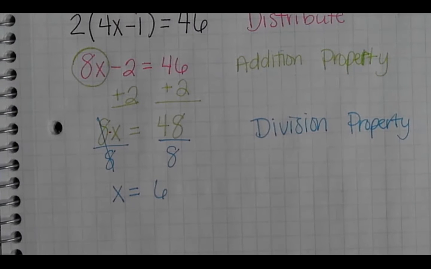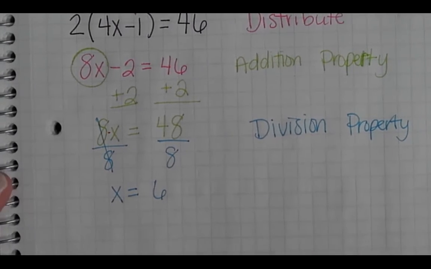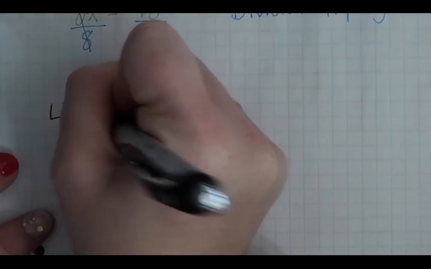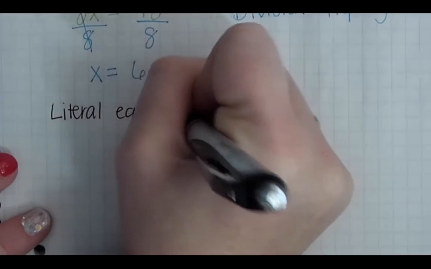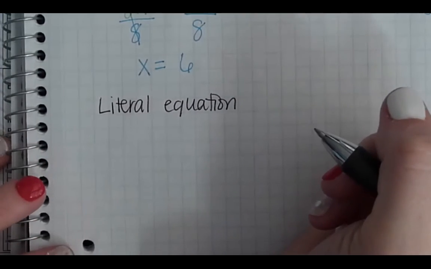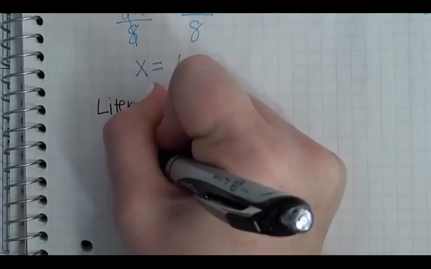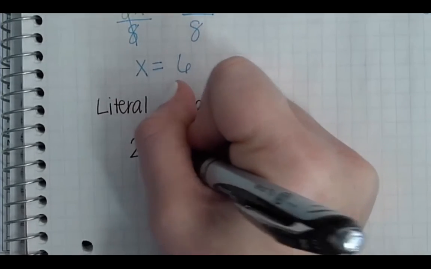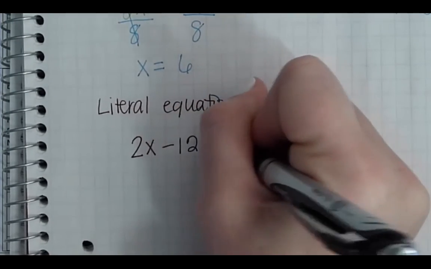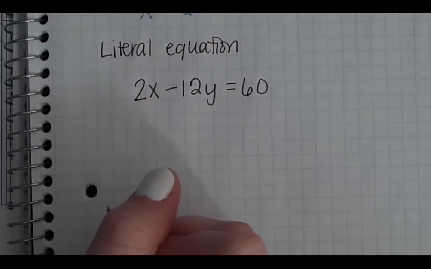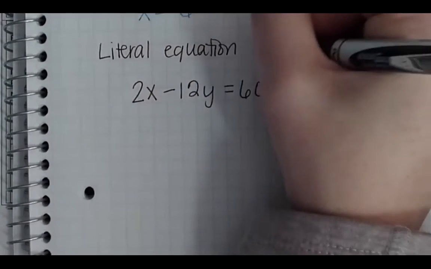Okay. The next one that I want to do that you guys did while I was gone, that I definitely want to make sure that we understand how to do is called literal equations. A literal equation is when you have more than one variable and you're going to solve for one of the variables. So if we have 2x minus 12y equals 60, and then if I said solve